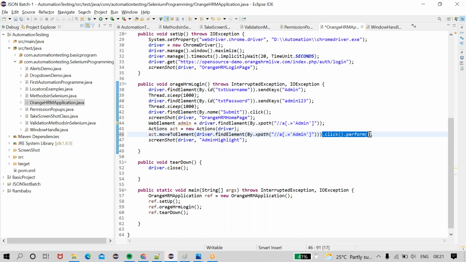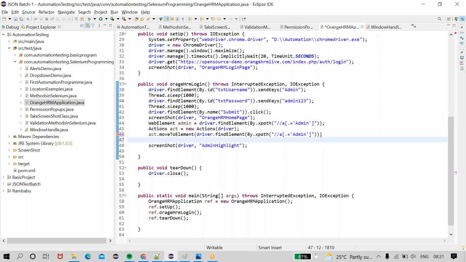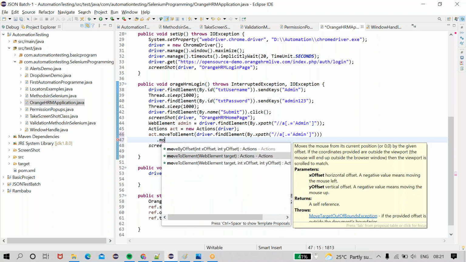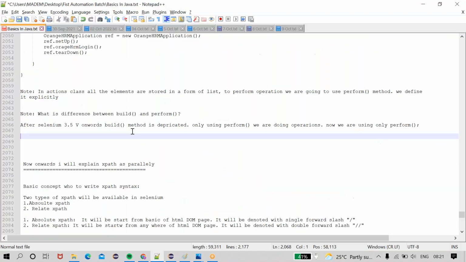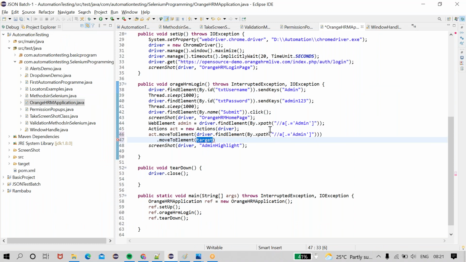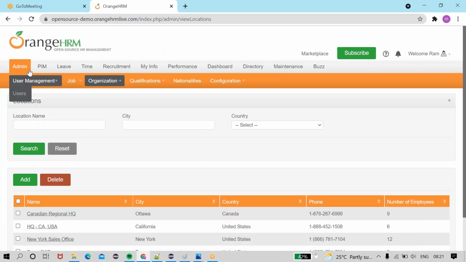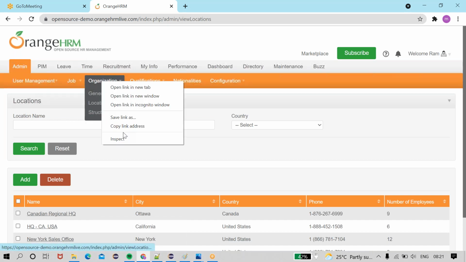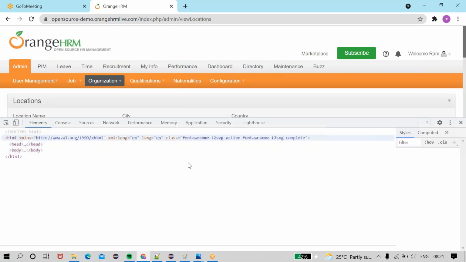First I move to this element, then again I move to that one. First, which element do I move to? I am moving here, guys. I moved to this element, then I need to move to here. What is this? It is organization. I am going to inspect it.